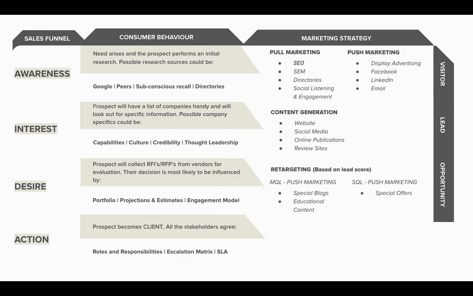Then comes desire. This is where you retarget people based on lead score. Now, leads would be segmented under two categories: marketing qualified lead and sales qualified lead. It purely depends on the visitor footprint, what sort of engagement the visitor has got with your website, with your brand, how far the negotiations have gone. So, based on that, you classify them under these segments and then target them